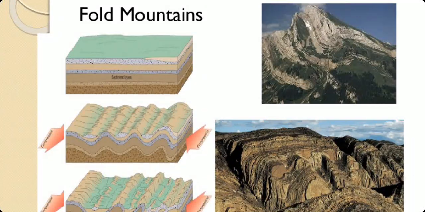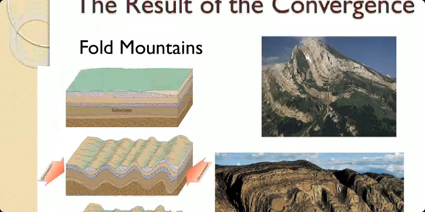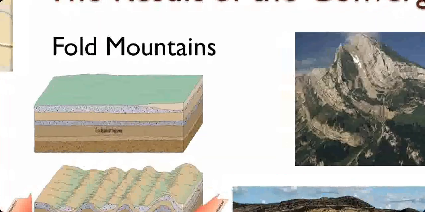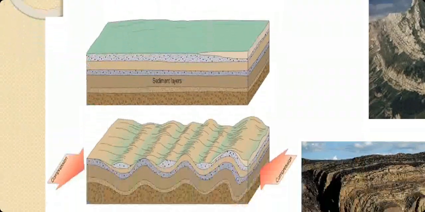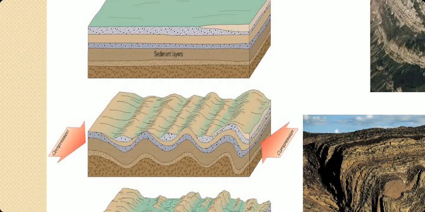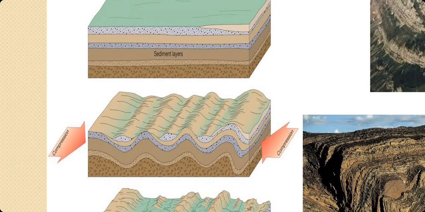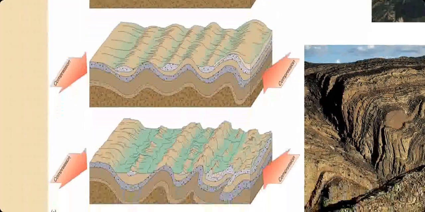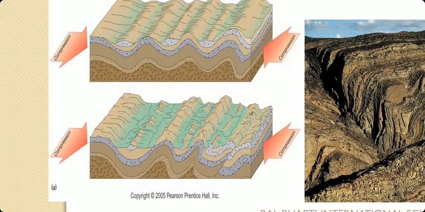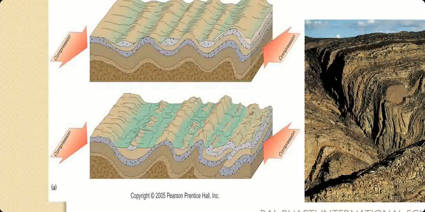Explanation of the same collision or convergence. Now, if these are the fold mountains, and if there is compression from one side and this plate is not able to move past another, it gets compressed and it forms something known as fold mountains. These are almost parallel ranges of different heights, and this is how our Himalaya is formed. So Himalaya is classified as fold mountain.